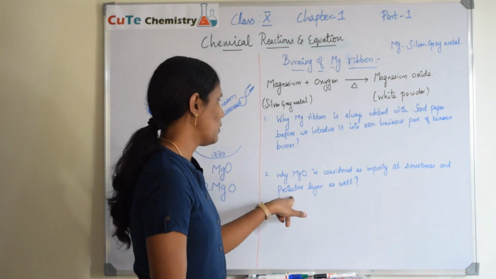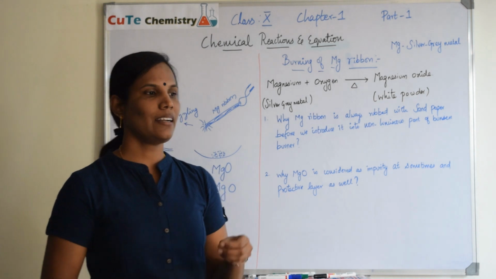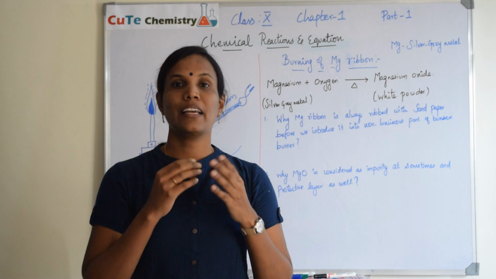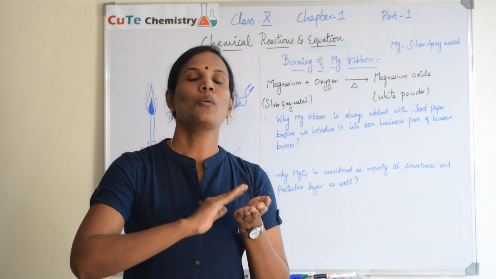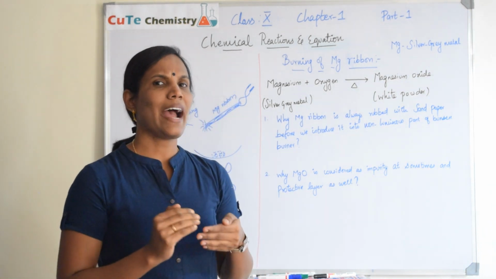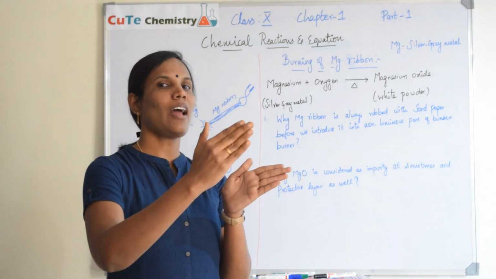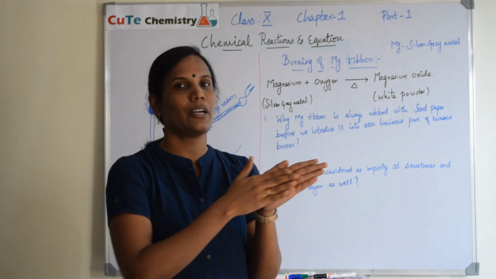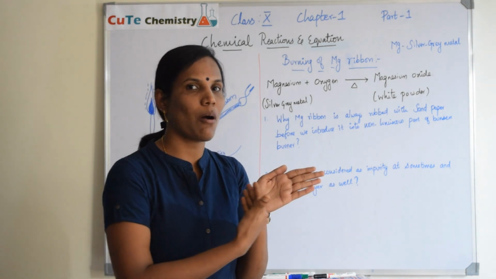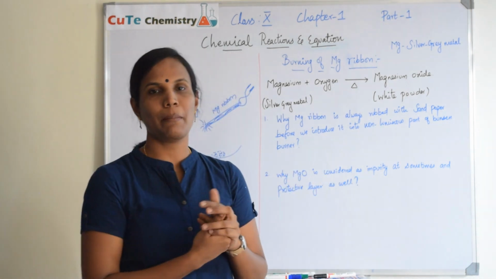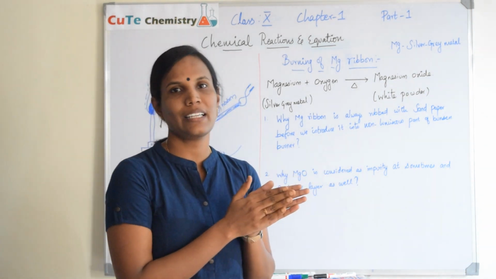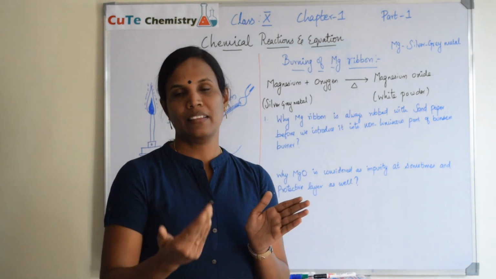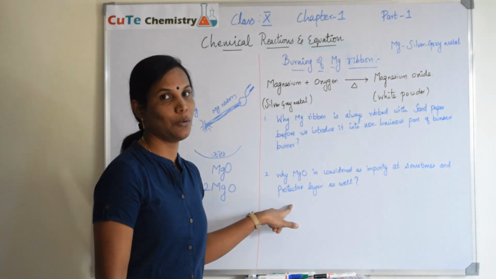Next part is why it is a protective layer. As I said, it's a slow reaction. Slowly the magnesium ribbon will react with oxygen and there will be a formation of magnesium oxide over the metal. At some point, it will not allow further reaction. The reaction cannot happen again because the protective layer, or magnesium oxide coating, has already formed over the metal, which means it is just protecting the metal. Further oxidation, or further reaction with oxygen, will not happen. In that way it is called a protective layer also.